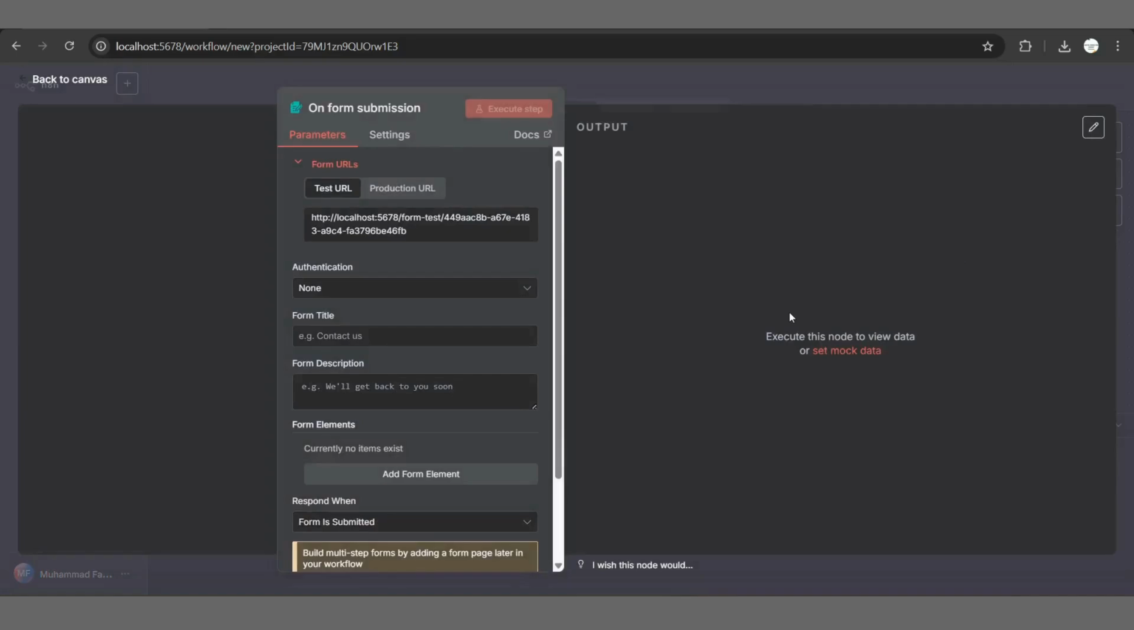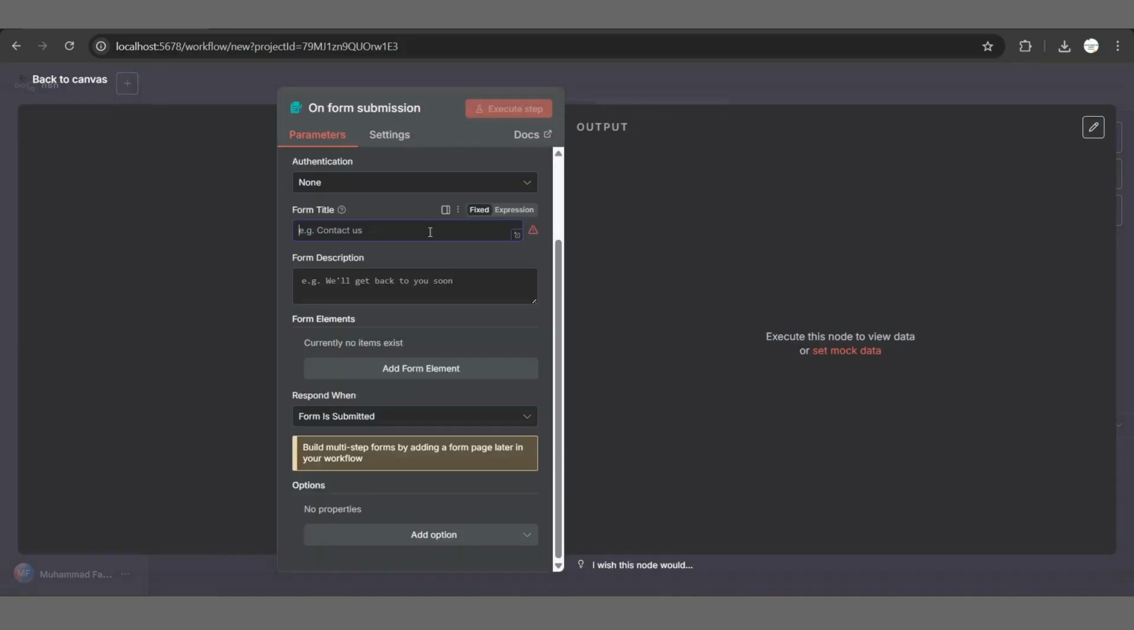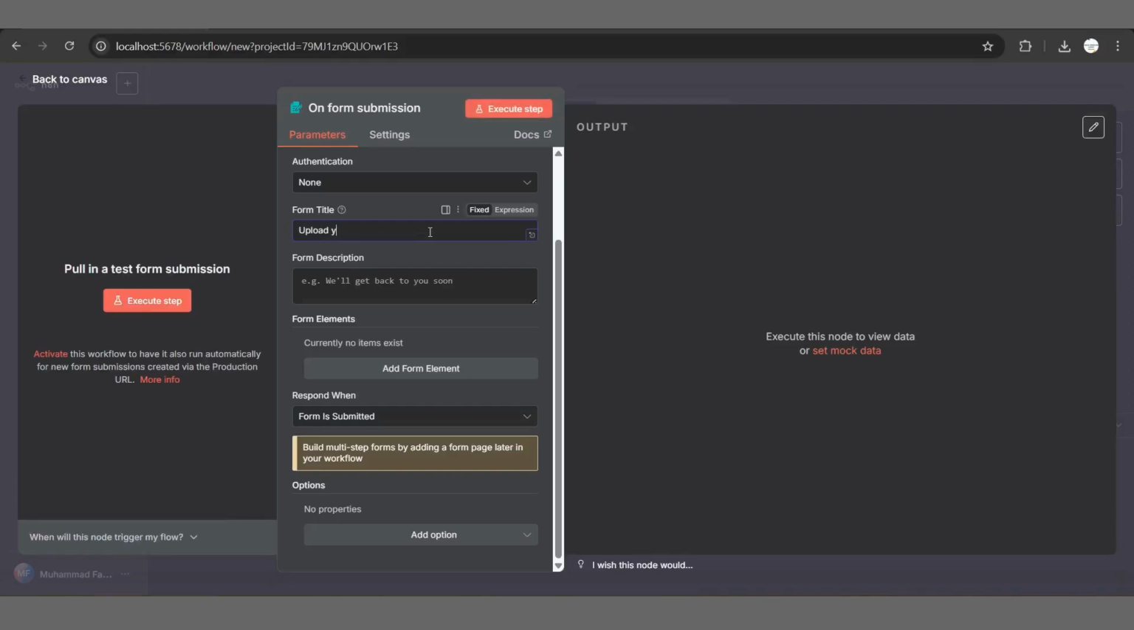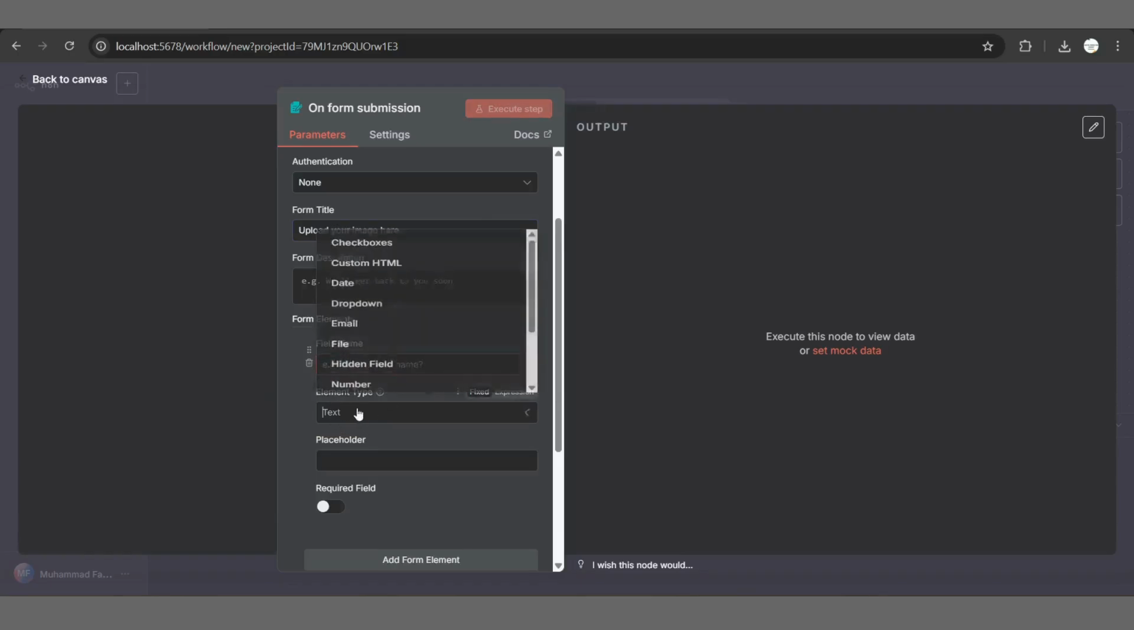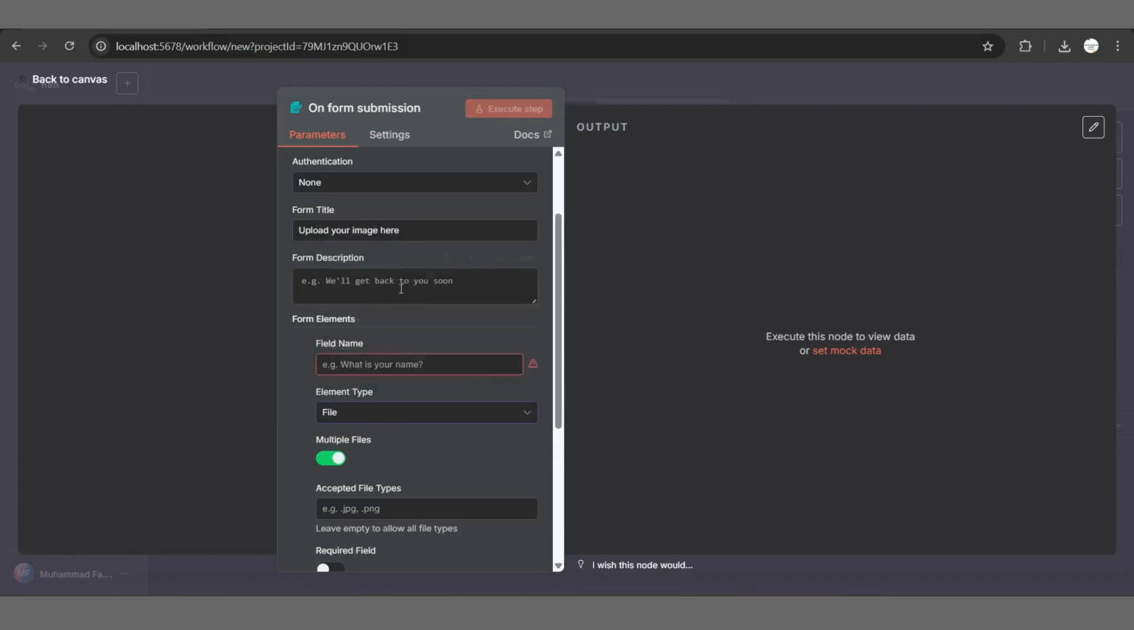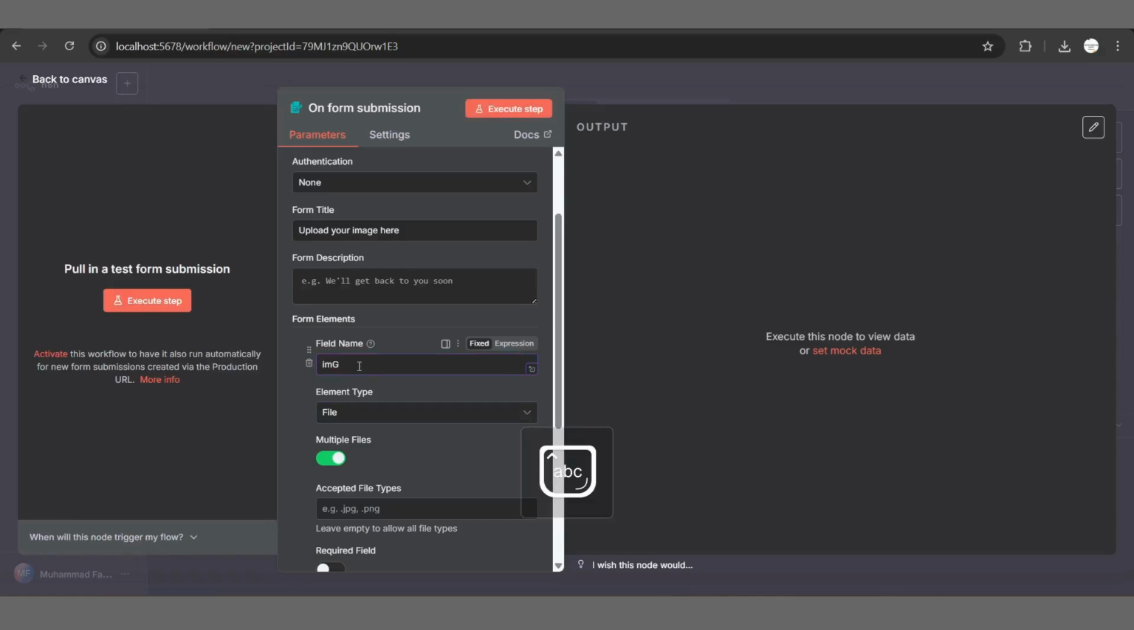Now we have to configure this. First, we have to add the form title, like upload your image here. After that, we have to add the form element. For that, I'll simply click on this add form element button here and select the element type to file. And now we have to name this field, like image upload. I'll simply press Ctrl plus S to save this, and now let's execute this step and see if it works or not. I'll simply press this button, execute step here,